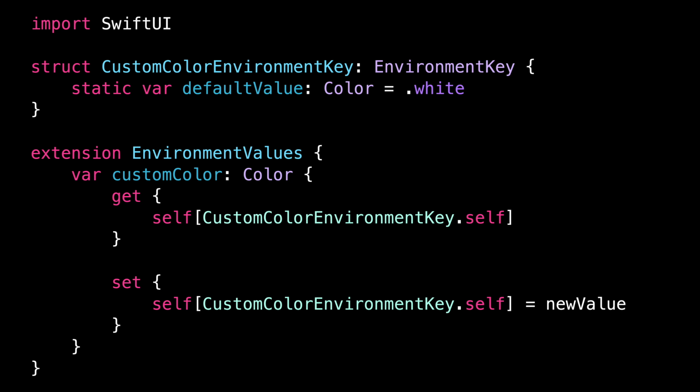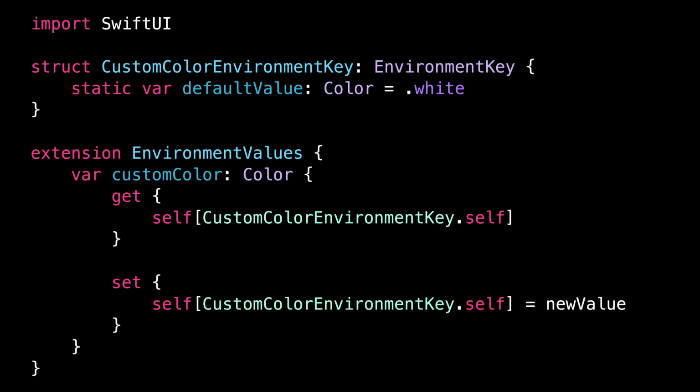If you write apps with SwiftUI, you've probably used the environment to inject values into the view hierarchy. And you probably also had to create your own environment key and environment values property in order to store custom values into the environment. And I'm sure you felt that all the code you had to write was really the kind of boilerplate that any engineer would love to automatically generate.